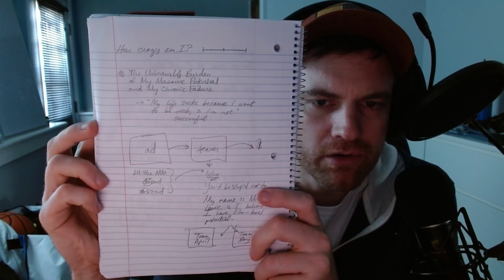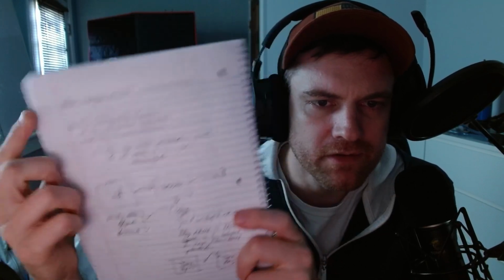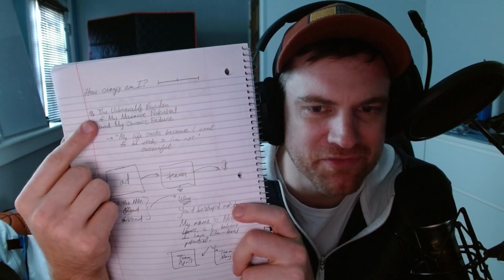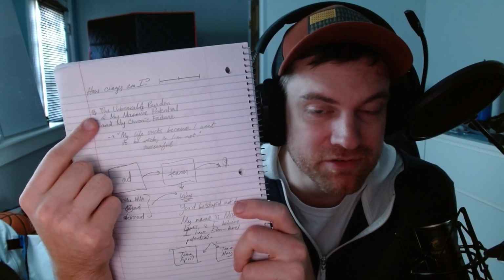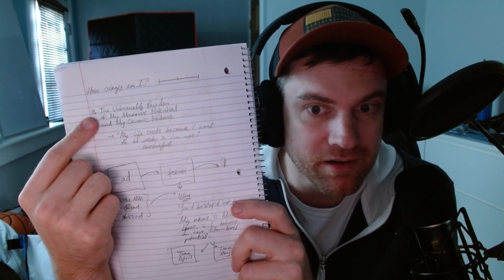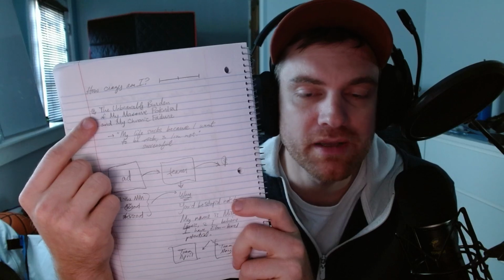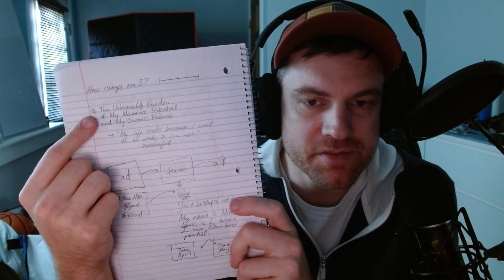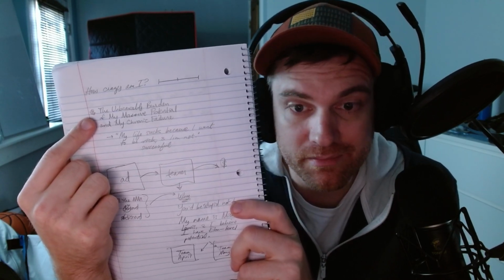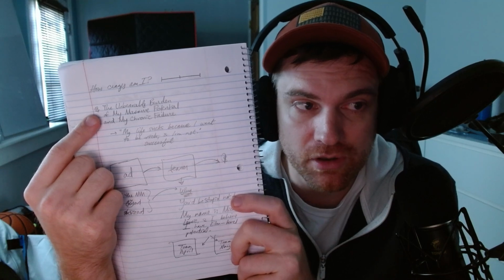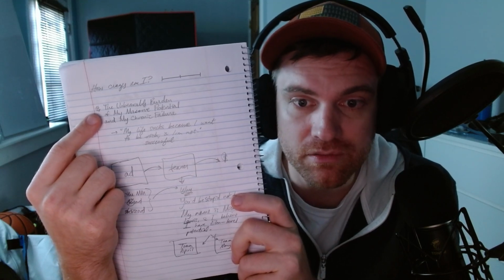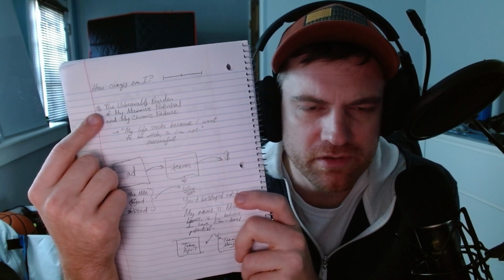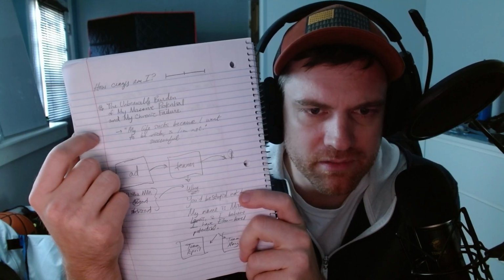So how crazy am I? And then this says the unbearable burden of my massive potential and my chronic failure. It's like all that failing that I was just telling you about. It's like, oh my God, I've been slowly giving up on life, and it's just trying to hang on to the little responsibilities that I have to. Like, I'm a dad, and so I have to do certain stuff. Like, we're going to the post office in a few minutes to get passports. Again, this is the 3rd trip to the post office. I think the post office needs a better system.